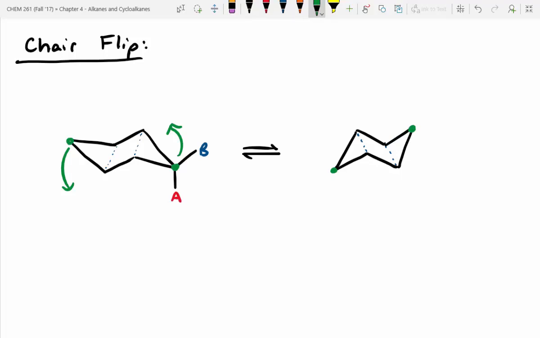Okay? So now the question is, we've got these two substituents coming off right there. Do you think A is going to be sticking straight up and down, or do you think it's going to be pointed out and away? Out and away. So A is actually going to be located right here, while where B is located straight up and down. Does that make sense, pulling that headrest up? Or pulling the headrest down and the footrest up? All right, that's the weird thing, is during a chair flip,